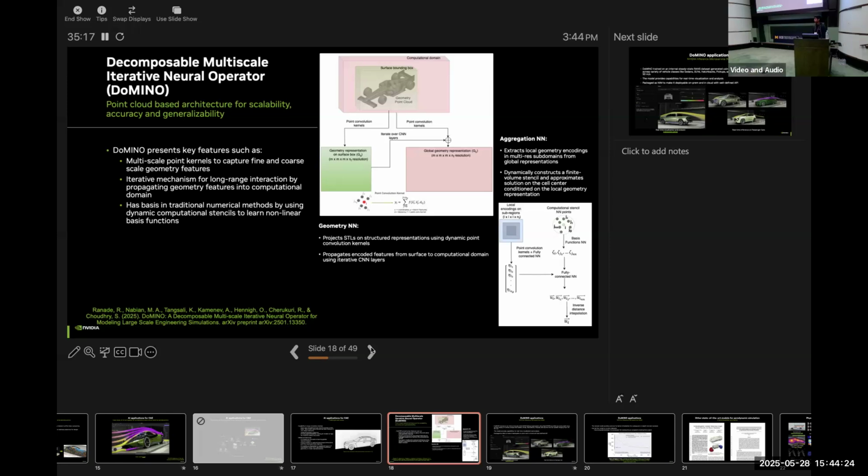I've actually read the paper, but the paper is very scarce on details of the architecture and the training. So is there a plan to publish a more detailed paper on how Domino works? That's a great question. We are working on a couple of works along those lines. One is a benchmarking paper. What I'm presenting here is one of the models.